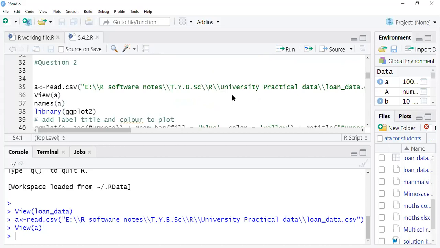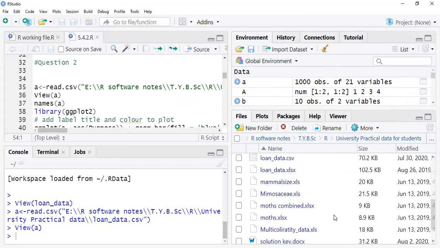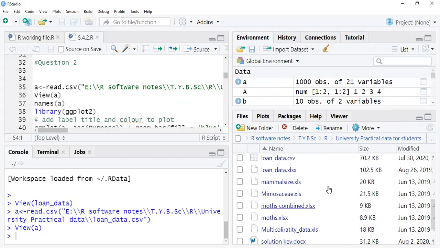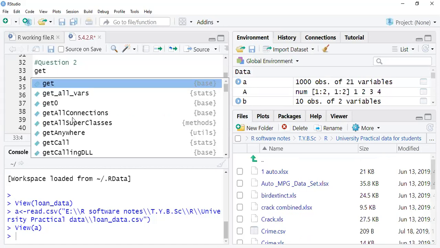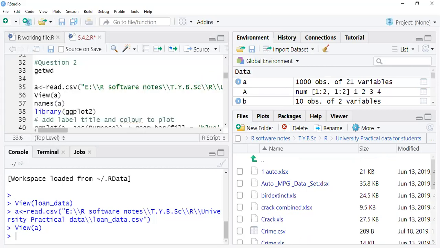So what you have to do is set the library here, wherever your current data file is.